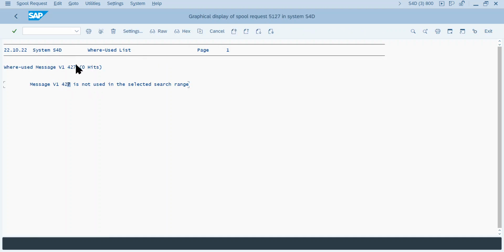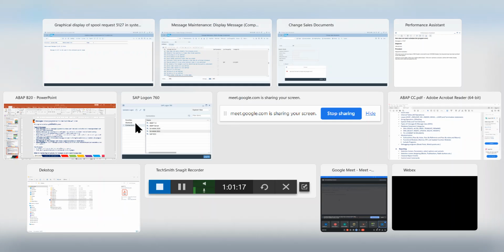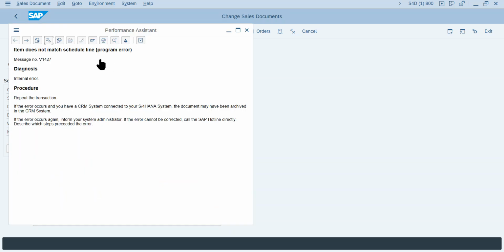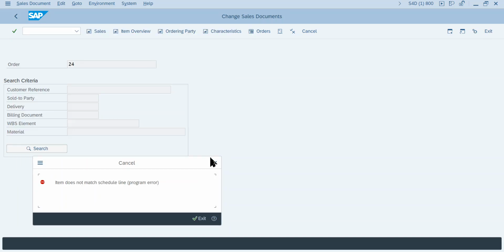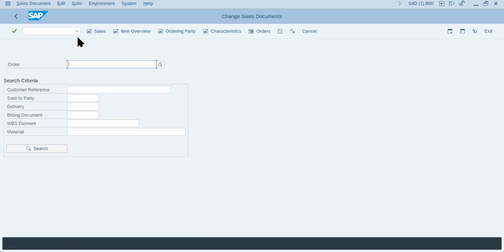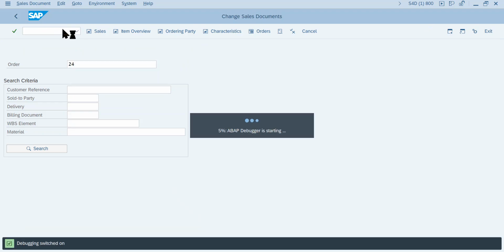Okay, no problem guys. So what you can do: you know the message ID, that is the application area, and the message number. Before clicking enter, put /h here and click enter, and after that,